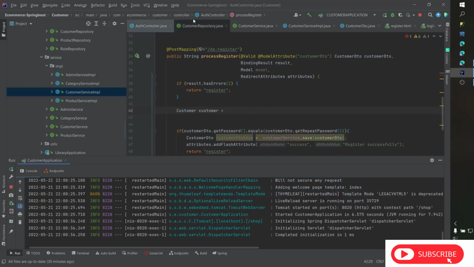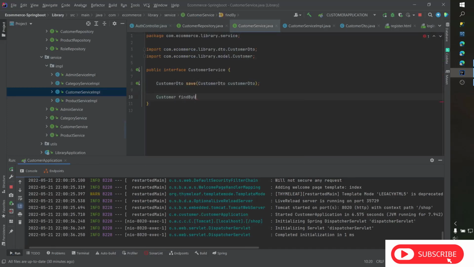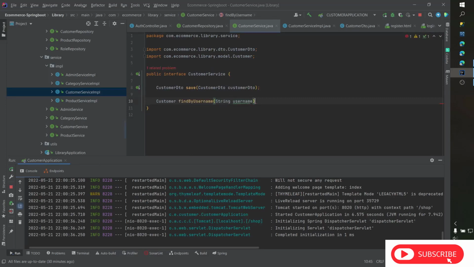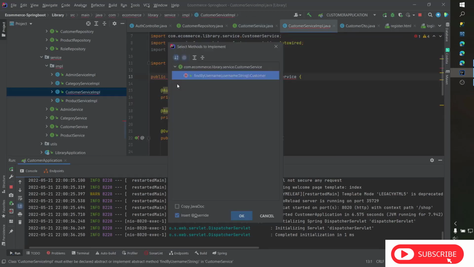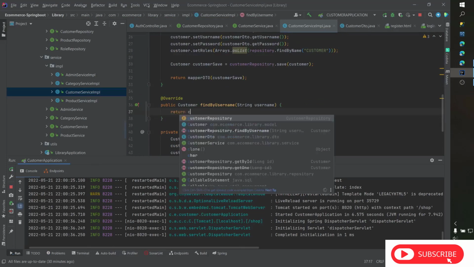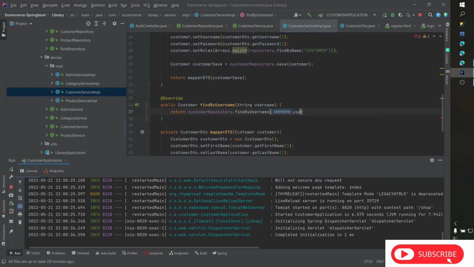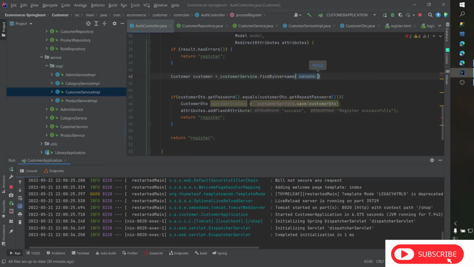I think in the customer service I have returned the customer find by username, here, then implement methods, then we return the customer repository dot find by username here, and in the auth controller equal customer service dot find by username, customer DTO dot get username,